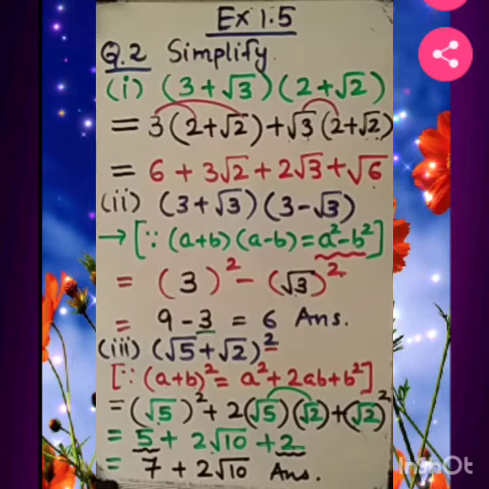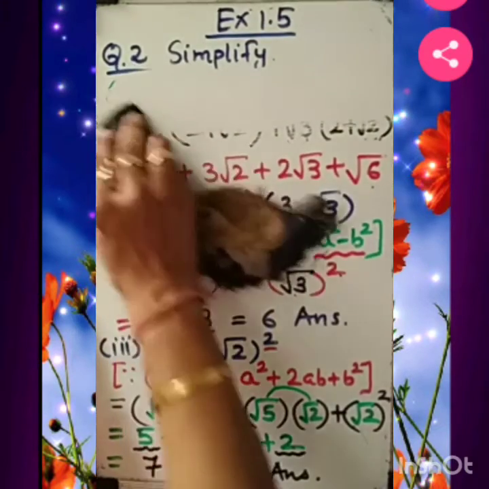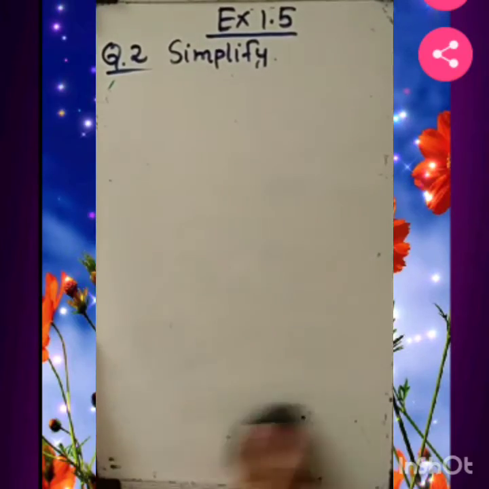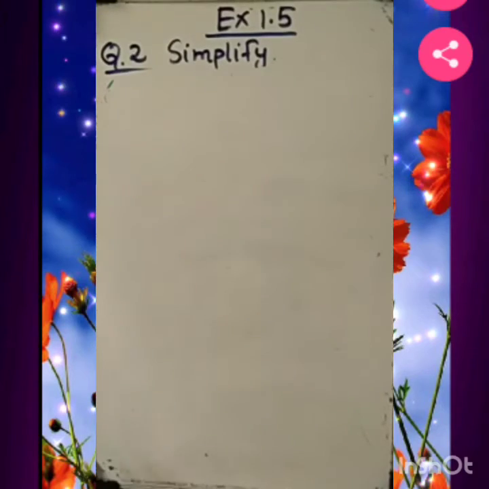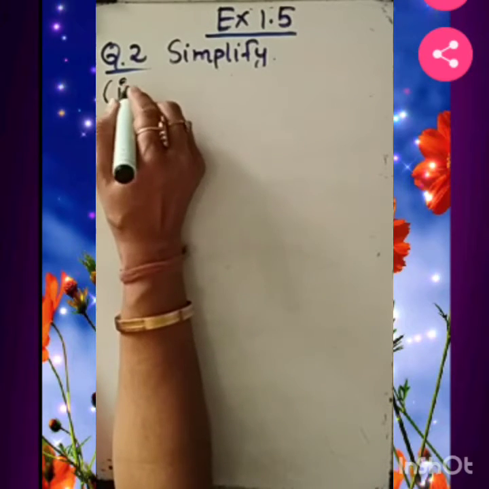Now we'll work out on the third. Okay, let's go with the third. Make yourself ready for that. Be ready. We are going with the next. That is, the third we have done. Now we will work out on the fourth, right? What is the fourth? That we have already done. Now go with the fourth.